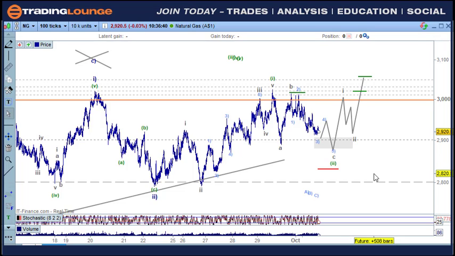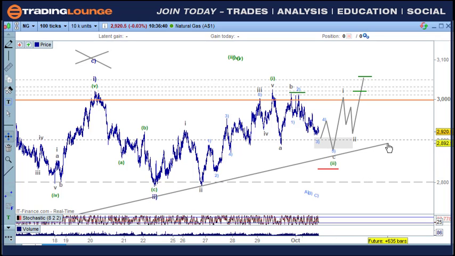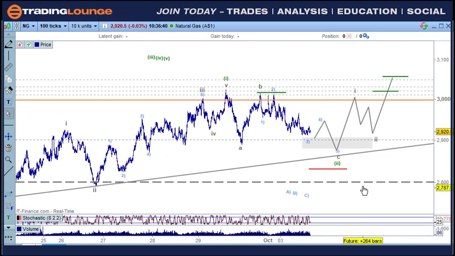So yeah, but as far as the pattern goes, really as long as it stays above this trend line here, or the 50-60%, then we'll just continue to monitor it. But in terms of trading it, I thought we'll let this finish off as a C wave down here, because it looks like an A wave and a B wave and a C wave here. Not a very good B wave here.